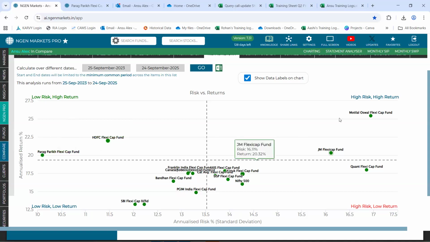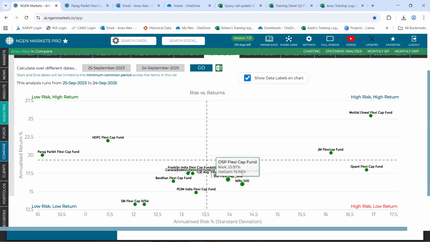While if we talk about Motilal Oswal Flexi Cap, it happens to be in the high risk, high return quadrant. That is, with consideration to the other funds in the compare tab, this fund is indeed taking a higher level of risk, but at the same time is able to generate a higher level of return.